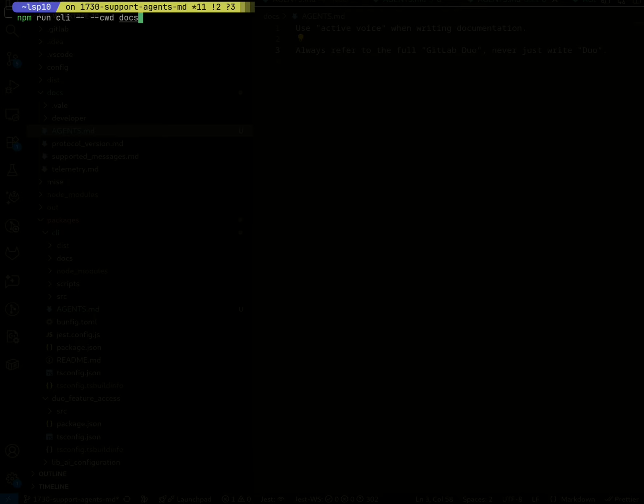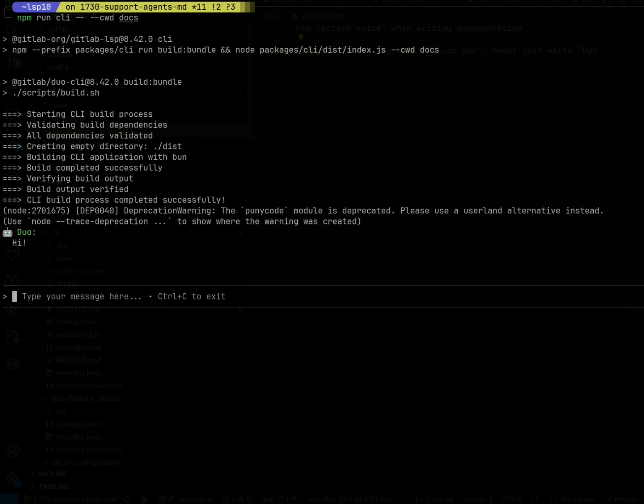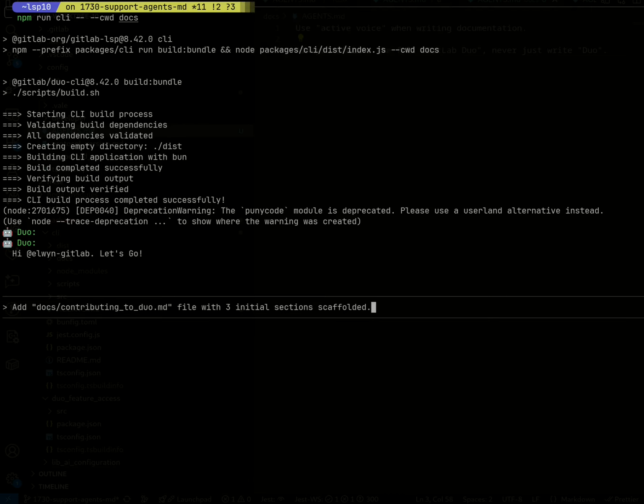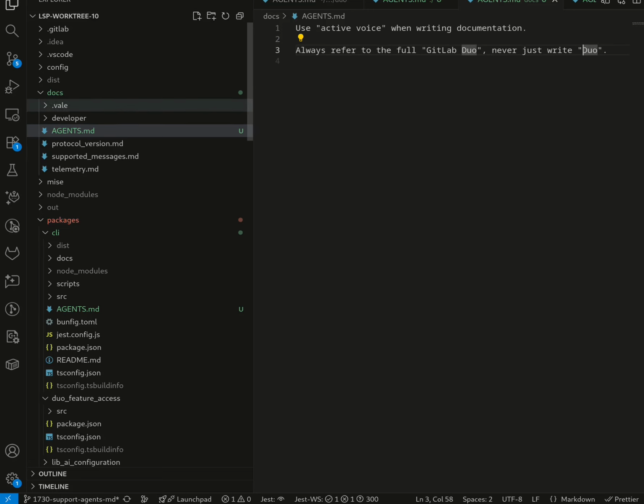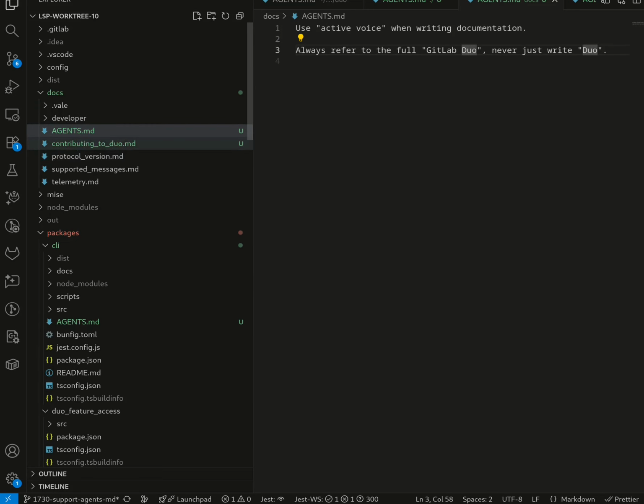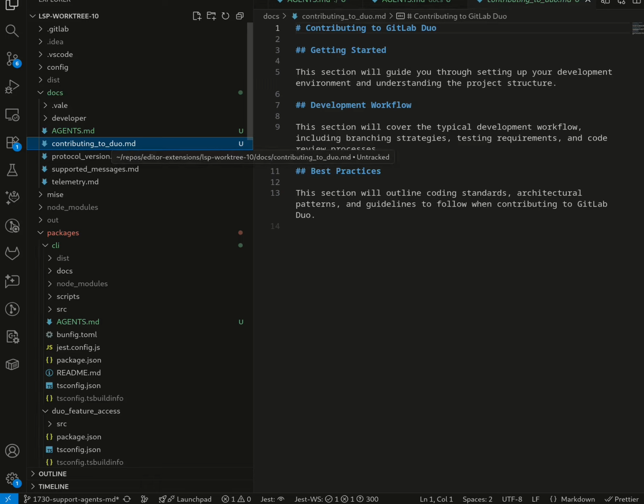So I'm running the CLI, but this time I'm running it from inside the docs folder. And so with AGENTS.md, it'll always resolve the most specific, closest one to where you're running it. When I ask Duo to scaffold out a contributing to Duo doc, when it pops in, you can see here that it's followed the rules and it's used GitLab Duo instead of